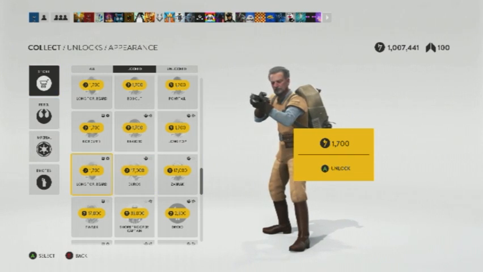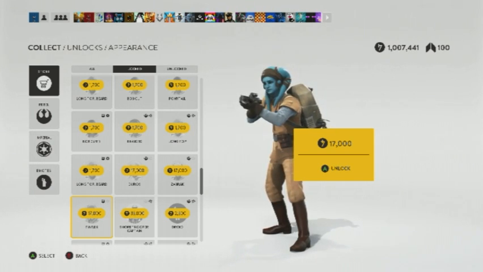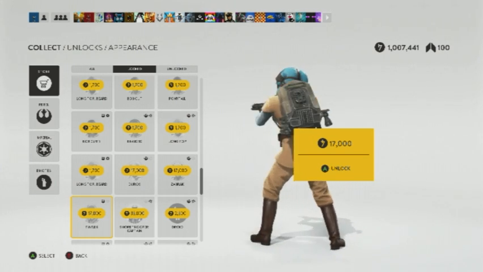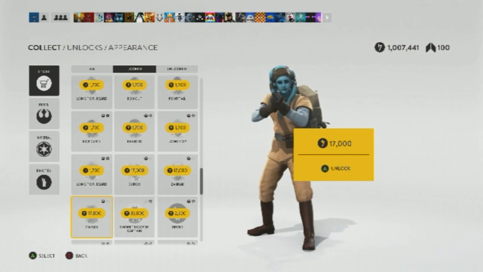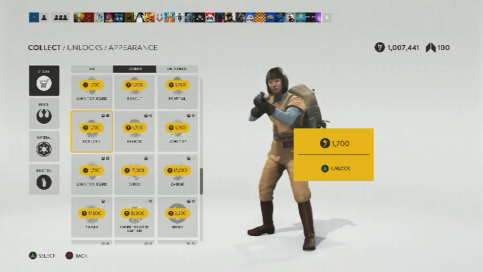Now, next up, and last but not least, for the Rebel aliens, we have the Twi'lek. So the Twi'lek is a pretty well-known and popular skin, and I feel like it could definitely come back because you do see it quite a bit. So now we are going to go all the way back down